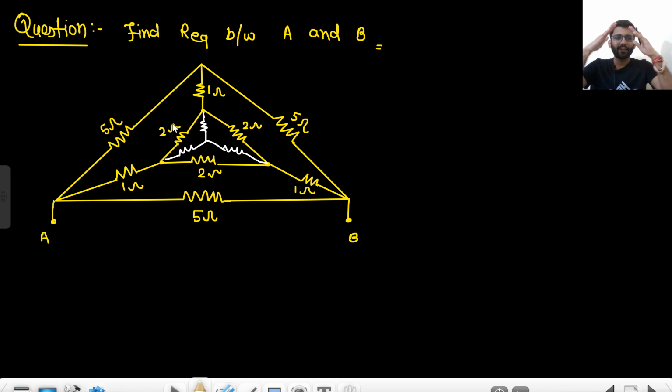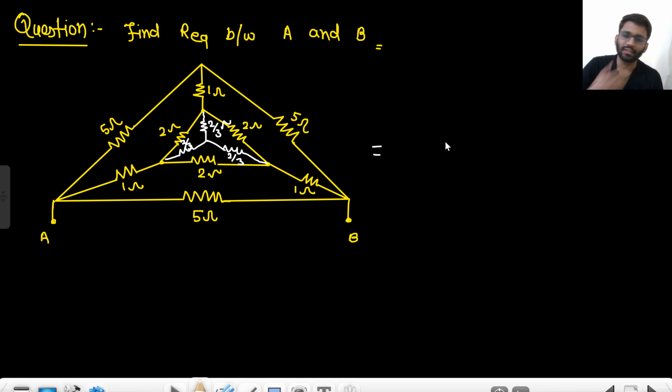Now each resistance will be of what value? We are going from delta to star, from outside to inside, and it is resistance, so it will get lower. So 2 by 3. In 99% of examples, you will see that all these resistances are the same. There can be 1% of examples where these resistances are not the same, but in 99% of examples, all these resistances will be the same. Okay, so 2 by 3, 2 by 3 and 2 by 3.